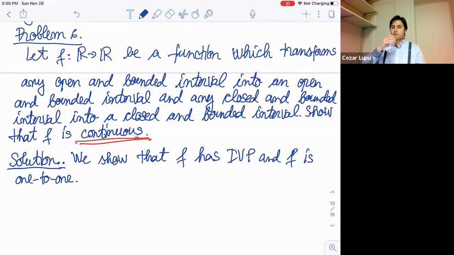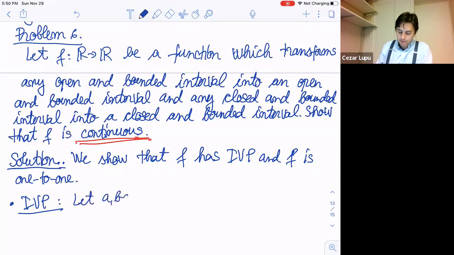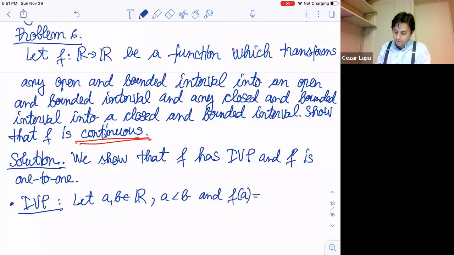All right, so let's show this first. We take care of the intermediate value property. So let's just show that f has the intermediate value property. And now what we're going to do is the following. Let me take two real numbers a and b, and let's just assume that a is less than b, and f of a is not f of b, right? They're different. And consider any lambda